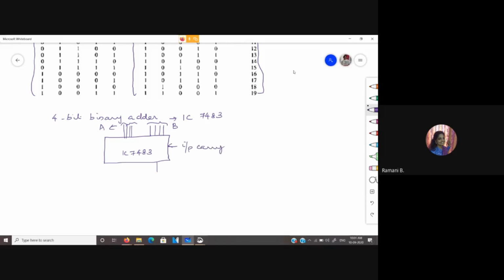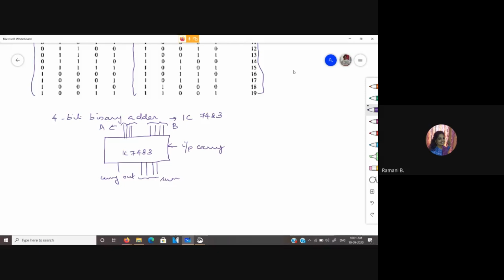It will take these as inputs and give you the sum and carry output. Okay. Apart from that, the IC has the VCC, ground, all those things. But these are the main things. It takes two 4-bit numbers as input and gives you the sum output and the carry output. So you need to give input carry also along with this. So let us see how you can implement this.